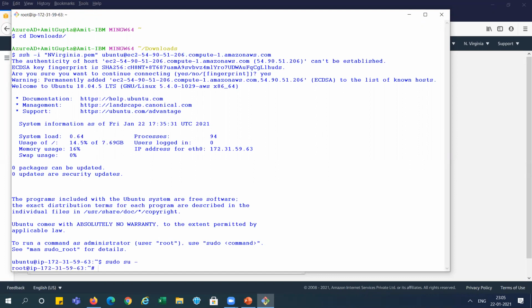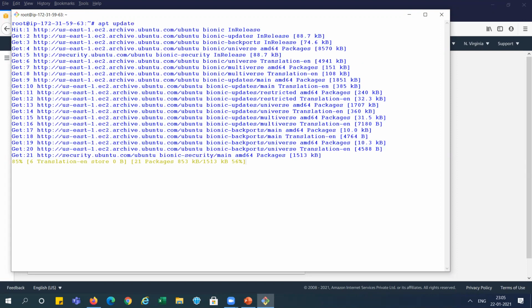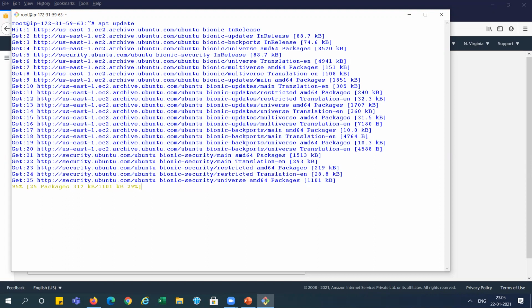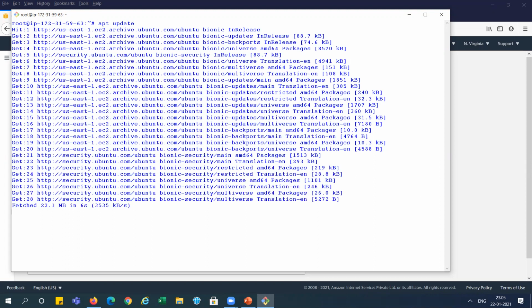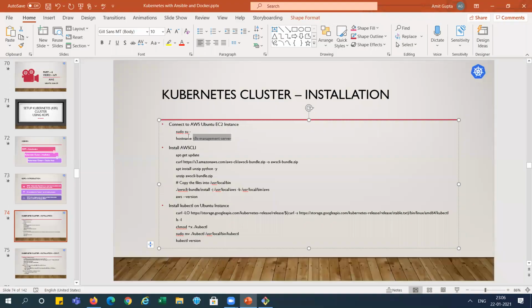I'm taking sudo. Now I am updating the packages. Package updated. Now you can see in the PPT, we need to change the host name, right?